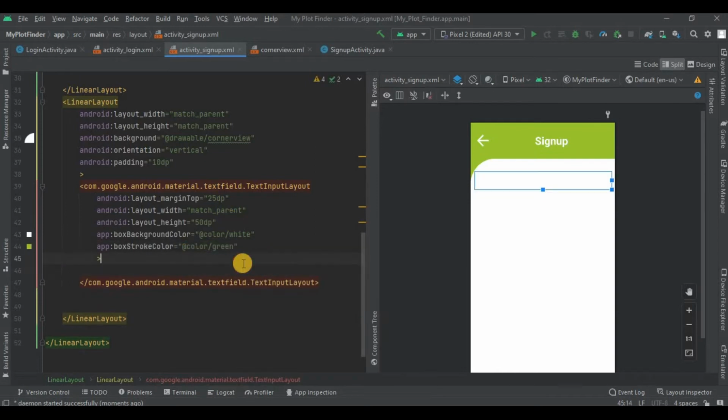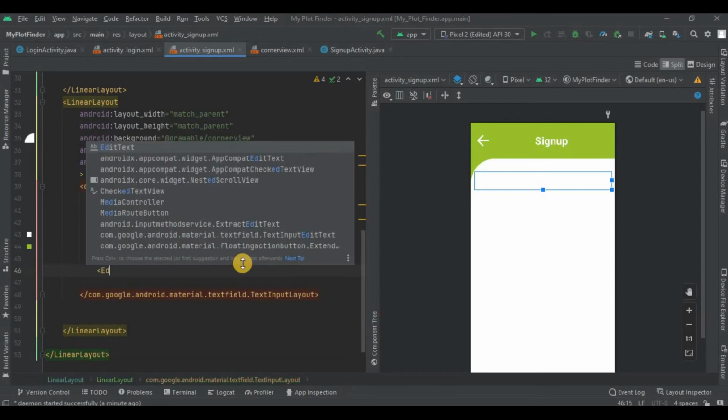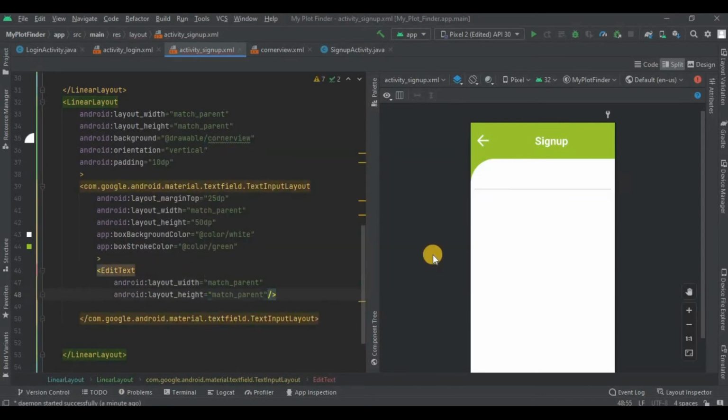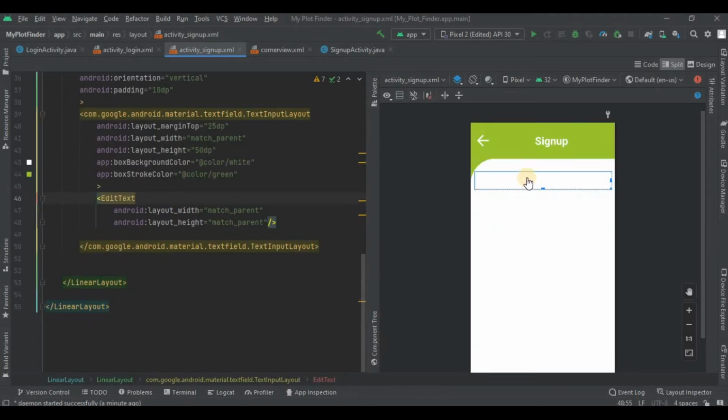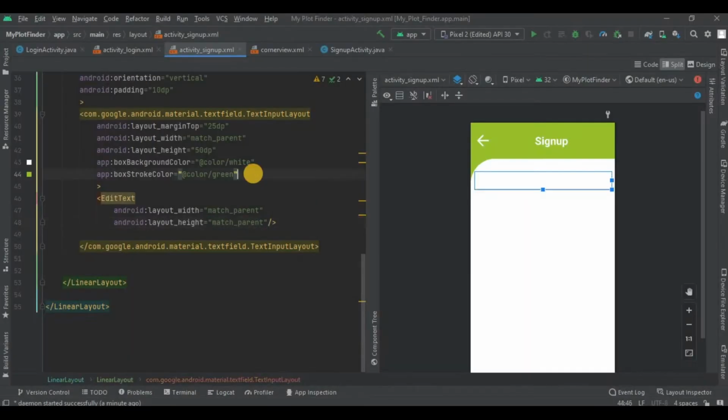Then set an edit text in it, width match parent, height match parent. So you can see the input layout, and inside the text input layout we add an edit text. You can see in the image we have a starting image. So for this we select